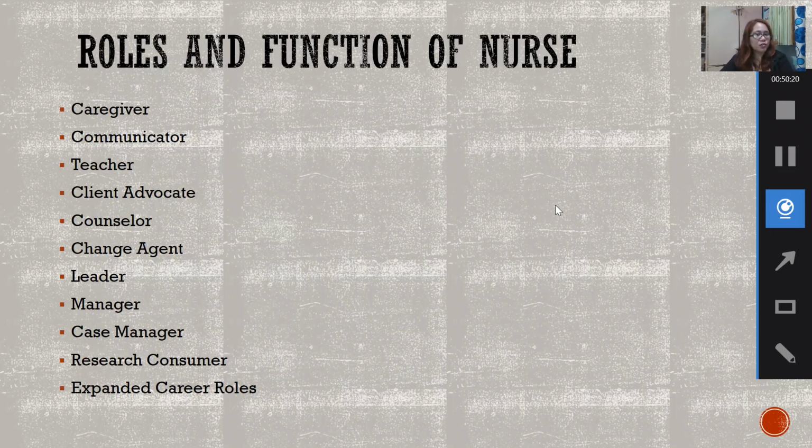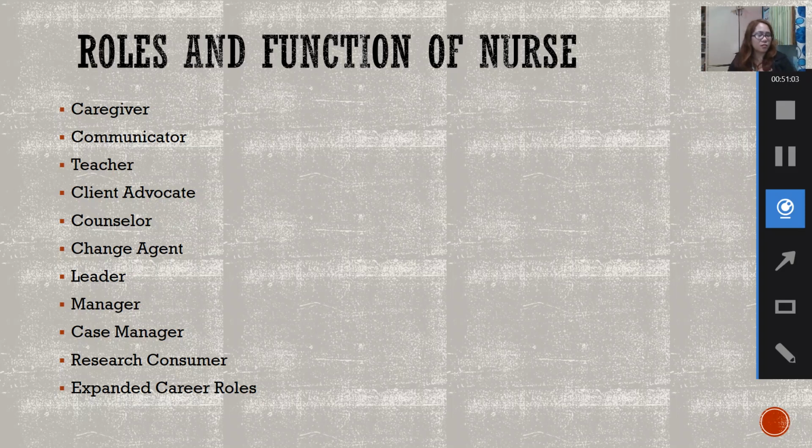The roles and functions of the nurse. So, we're almost done actually, no? Maraming roles and function ang nurse. So, napakadaming roles pala, no? Hindi lang siya basta nurse. Sabi nga nila, if you care for one patient only, parang sinasabi nilang you're a nurse or something. But if you care for more patients, you are actually a hero already, no? Yung mga nurses, hero ka talaga. Kita mo naman, no, ang dami-dami mong function or dami-dami mong roles as a nurse.